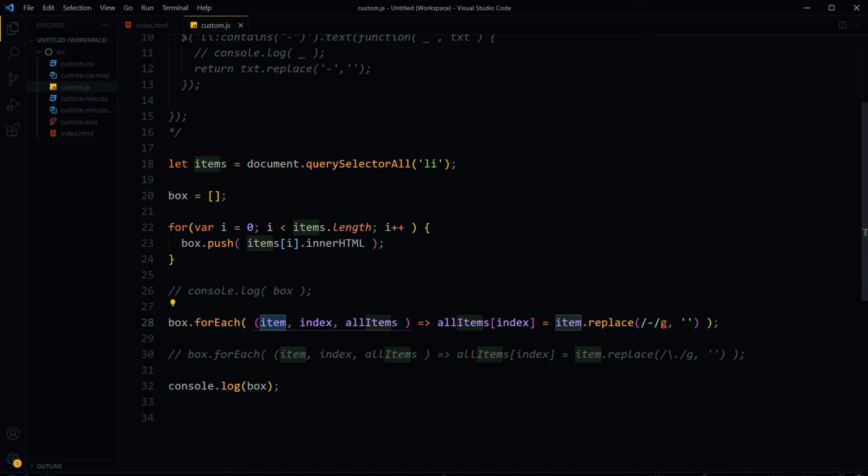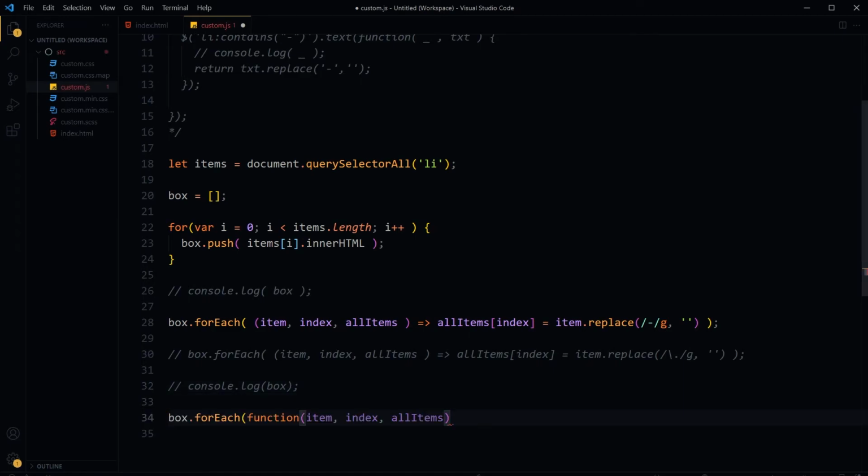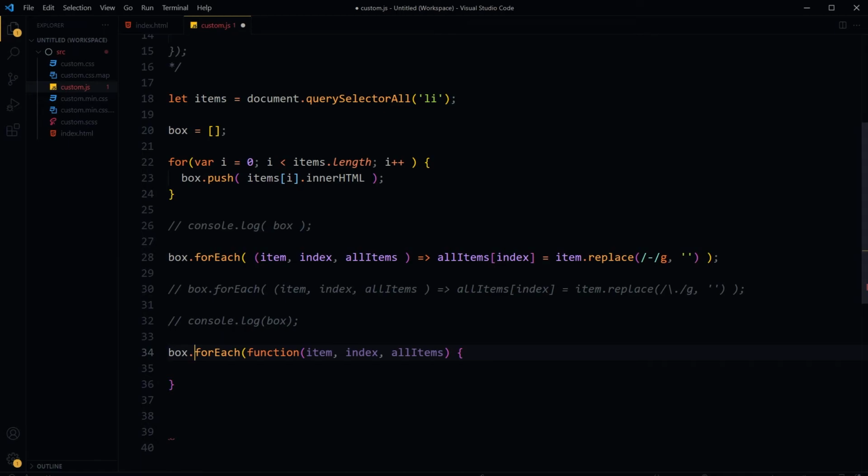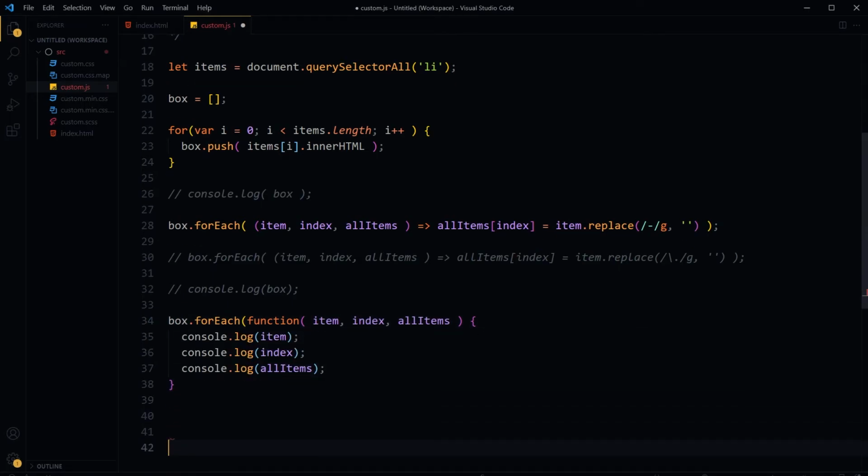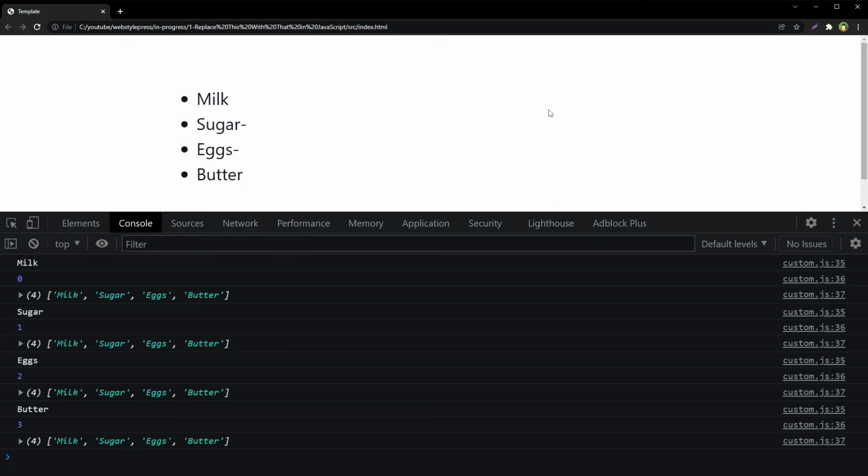We can see the item, the index, all items separately as well. Let me show you. Box for each function, item index all items. Let's console log these. Save, refresh.